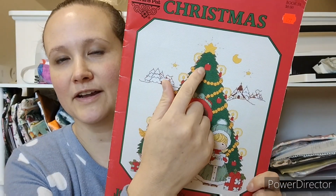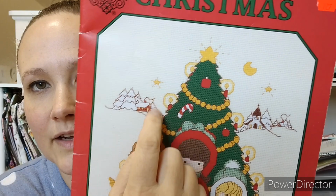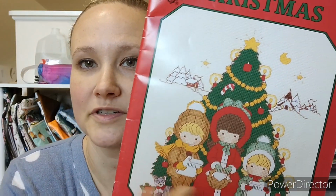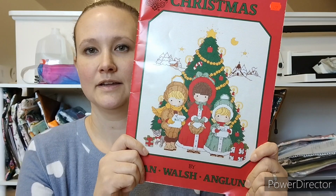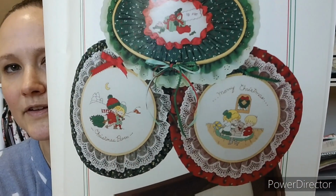However, it is very hard. Like this tree, there are so many quarter stitches and half stitches and so much back stitch that I had no idea about, that I find it hard to get into it. But it's still pretty cute, and the memory of my grandma makes me want to do it. But there are also other really cute patterns in here, and I feel like some of them would be cute if I changed the colors. One of them that I want to work on one day